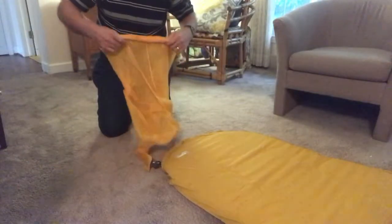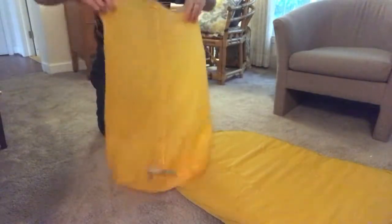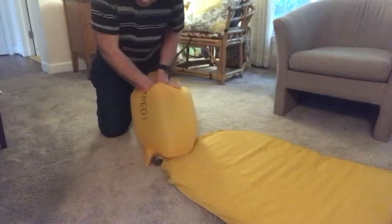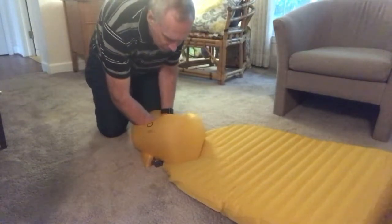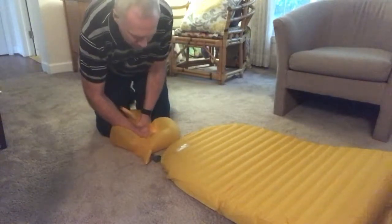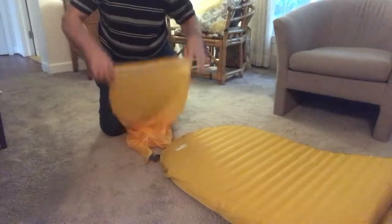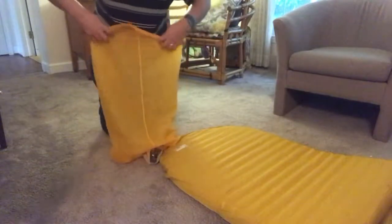Alright, so once you get the first one in, you unroll this, and you just go like this, again, to fill it with some air. Once you've captured some air, you roll it back down. And you push it again. And make sure that you've undone or opened your air valve on your air mattress, or else the air won't go in. So you just basically capture some air, roll it back down,